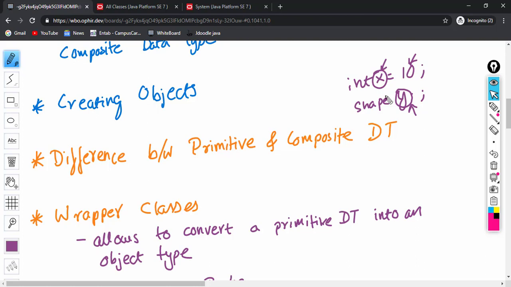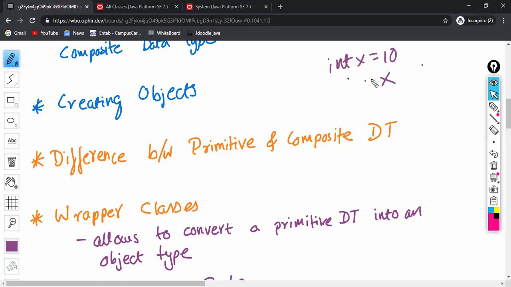Second difference is that when you copy a variable, let's say we have got int x is equal to 10.